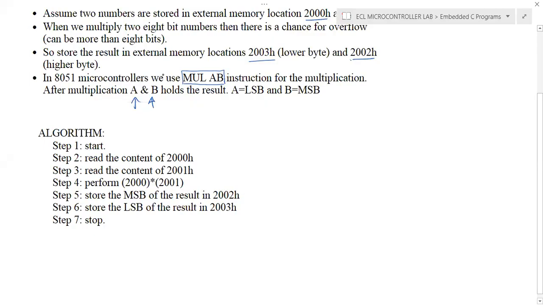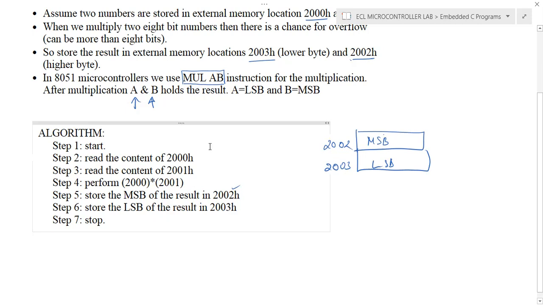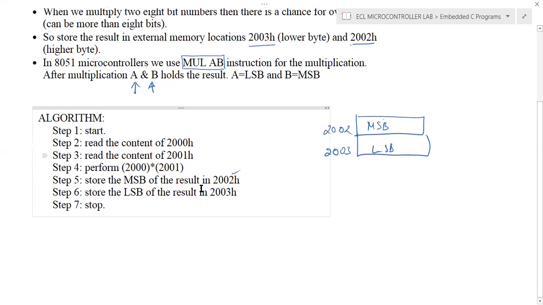After multiplication, in 2002 and 2003, in 2002 we'll store the MSB and in 2003 the LSB. Here also, 2002 is the MSB of the result and 2003 the LSB. Okay, we'll try this algorithm.